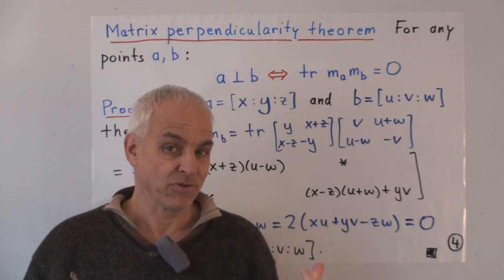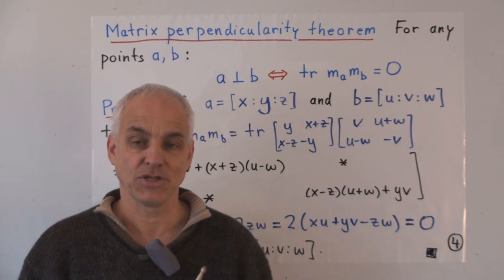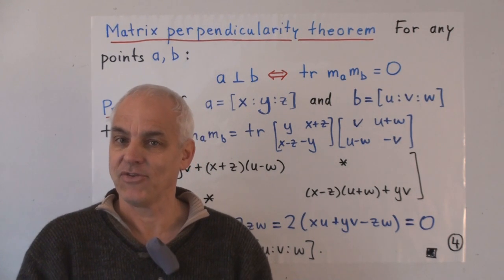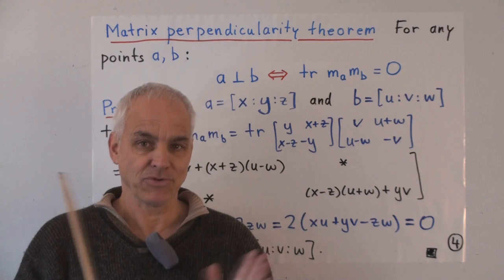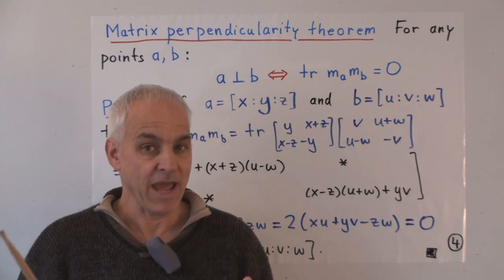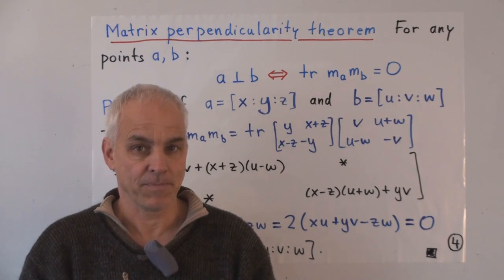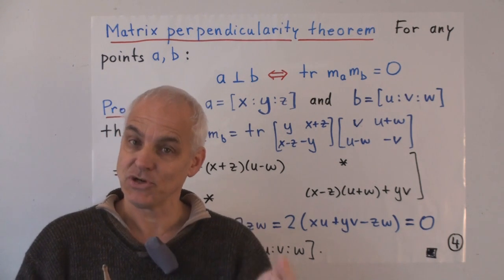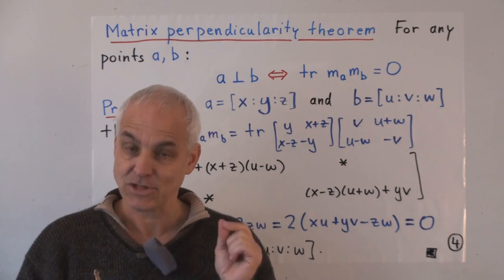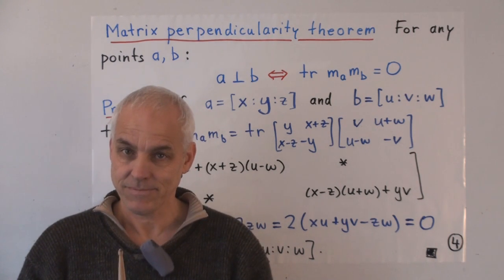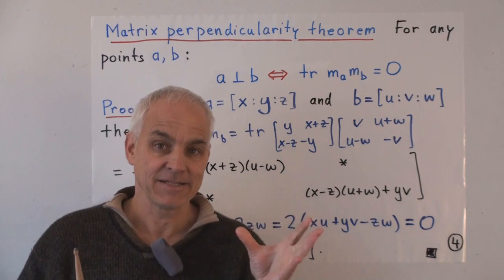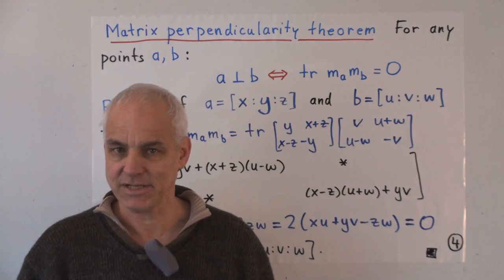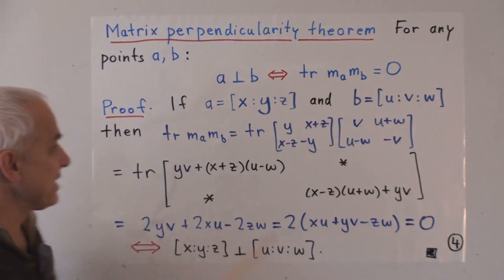Right now we don't have any metrical notions. I have not introduced notions of quadrance and spread, which are the hyperbolic analogs of distance and angle. So we're not operating metrically yet. Really all we have is the notion of perpendicularity. So I'm going to show you now that the perpendicularity notion is preserved under reflections. That's going to be a main fact. To do that, we have to connect perpendicularity with this algebraic formulation in terms of matrices that we've been talking about. That's what this next theorem does.